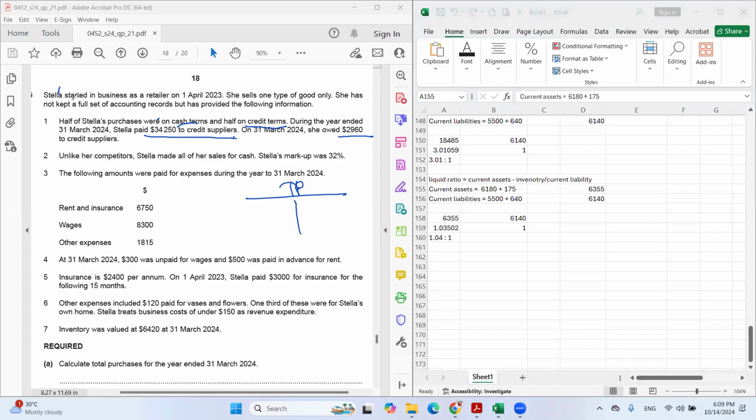Okay, just started, that means no opening. Purchases, we don't know. But they say that she paid, means bank 34,250, and then owed means balance c/d, 2,960. So to find your purchases, these two amounts have to be added. So the credit purchases